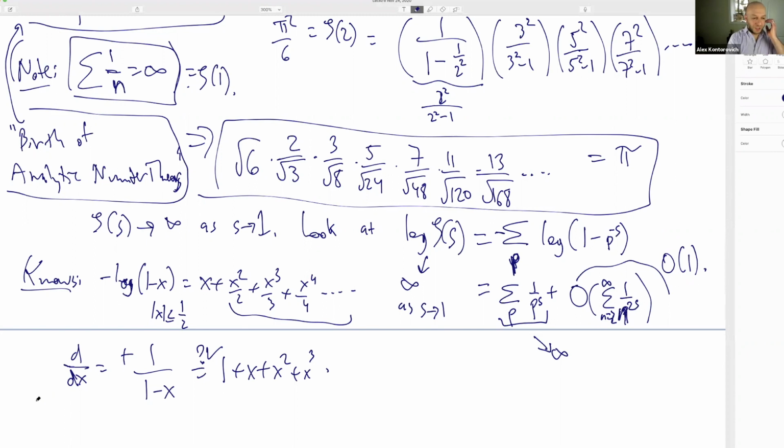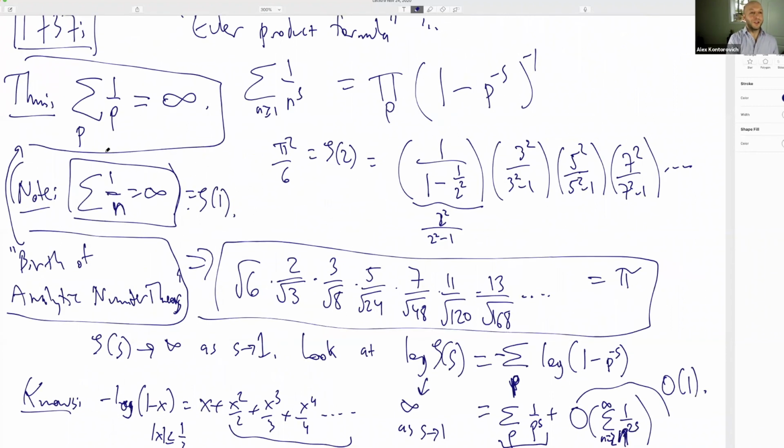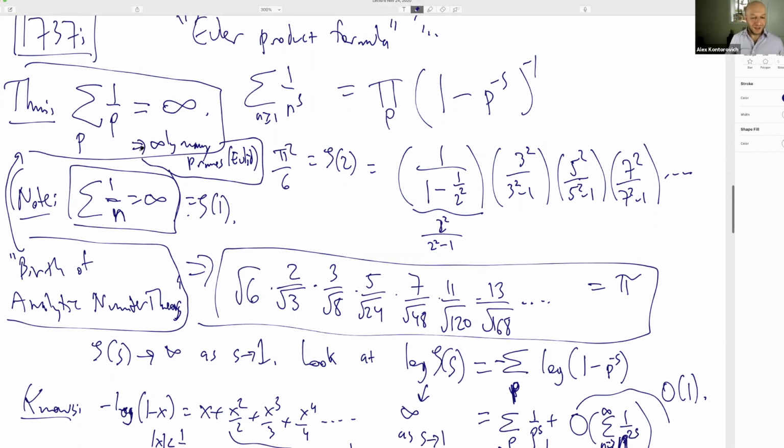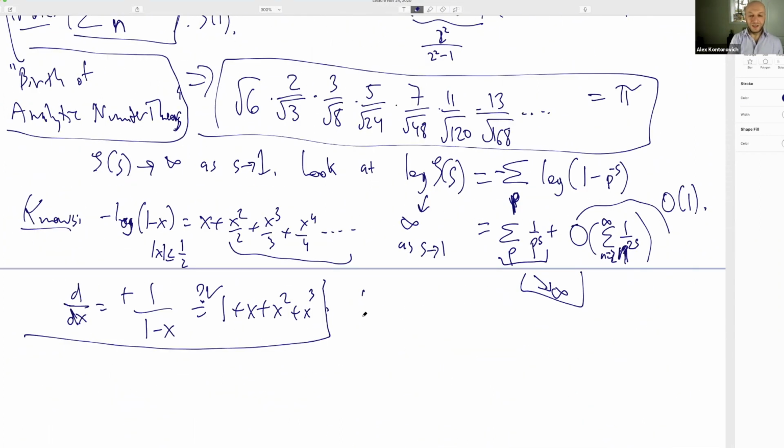Just to give you a little bit of foreshadowing. In particular, this implies that there are infinitely many primes, which of course was proved by Euclid 2,000 years before Euler. But 100 years later, 1837,